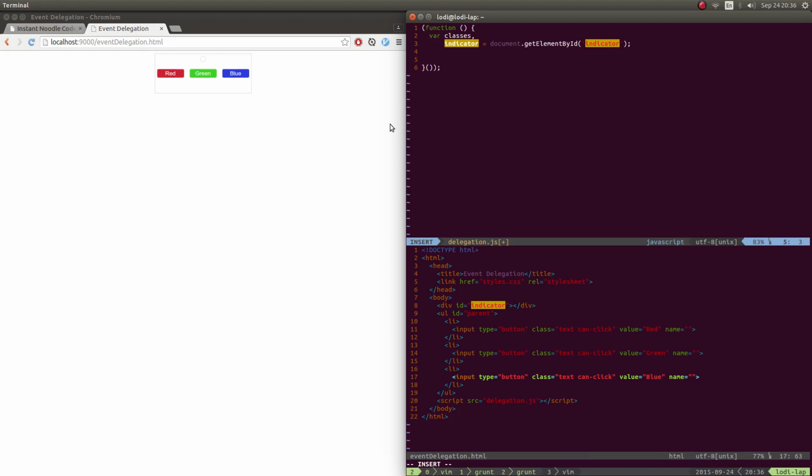Now that we have the indicator and we have a variable for our classes, we can attach the event listener. We're going to fetch the parent element, and this is where event delegation comes in. You attach an event listener to a common parent instead of attaching one to each element, and that's going to reduce the number of event listeners you have on your page, which is going to reduce the overhead on the page. That's the benefit of event delegation. So we're going to get that one: get element by ID, parent, add event listener,